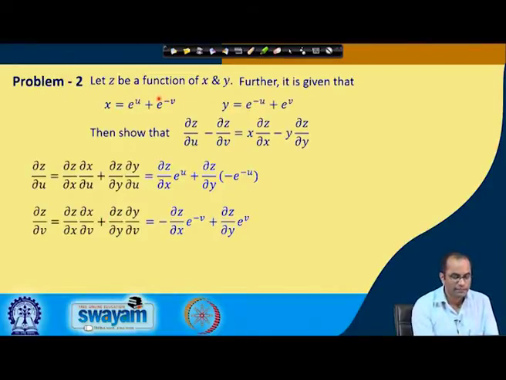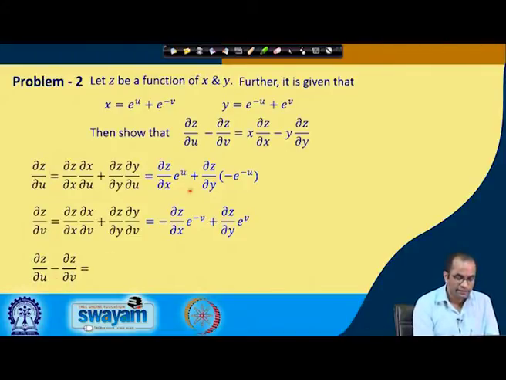So, we will get minus e power minus v, and then we have here y with respect to v. So, this will become e power v, which is written here. And now, since we want to get the difference of these two partial derivatives, we will take this difference here,